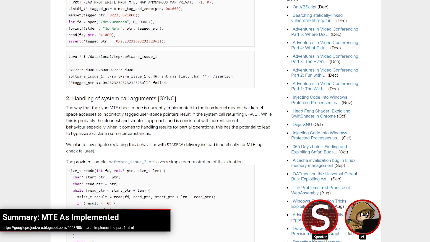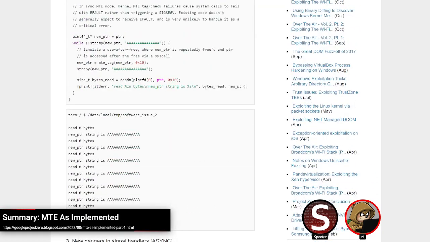Because your space is pretty small at only 4 bits, which gives you only 16 values. Or 16 max values, which is another thing I should mention with MTE. A lot of its protection, like I mentioned, when you have a pointer and you're trying to access data that should be tagged to something else, it's probabilistic. It's like a 1 in 16 chance that you're going to get it right. It's not like every time you access it's just going to detect it. You do have that slight chance of getting it right. So depending on the scenario, you can abuse that, like in this case, where you could potentially abuse the fact that the kernel behaves a little bit differently than your userland process.